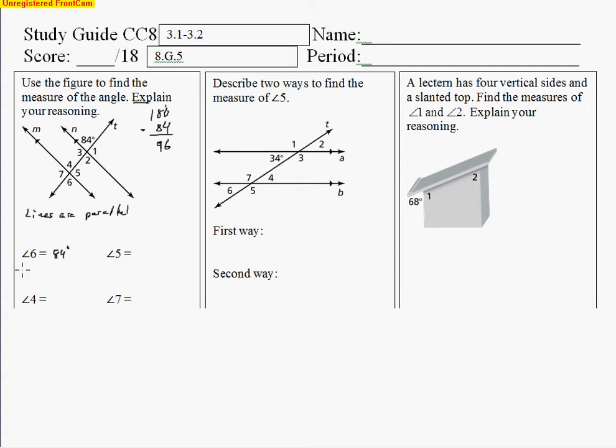And I could say alternate exterior angles would be the reasoning there. And for angle number 5, I would say, well, it's going to end up being supplementary to angle 6. So it's going to be the other angle. It's the obtuse angle. It's 96 degrees. And so we could say that it's supplementary